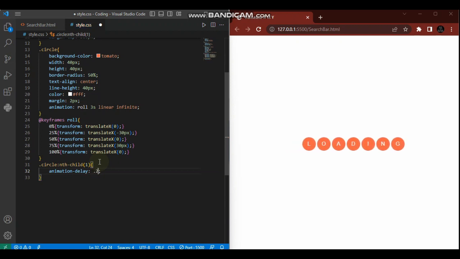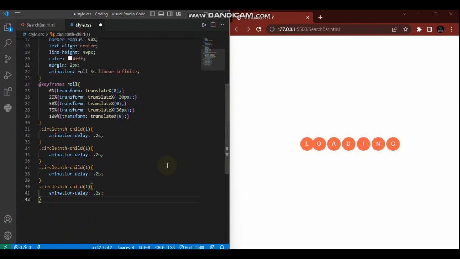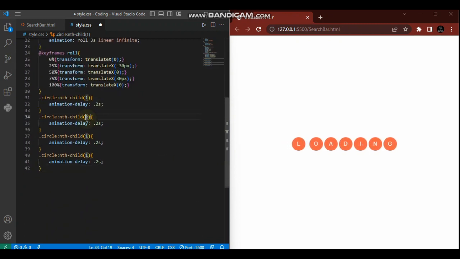So utasema 0.2, hiyo ni 0.2 seconds. As you can see, this first child in a delay aziko in same synchronization with these other circles. So ndo usijirudie, una copy paste hapo, then utakuja useme hapa the second circle, third circle,